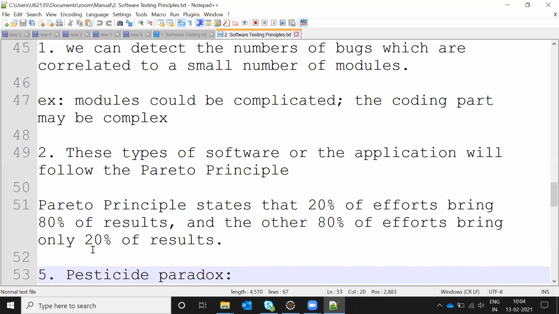In another way, 80% of the effects bring 20% of the result. If you test the whole application at one time, 80% of the effort will give only 20% of the result. But if you test a small module with 20% effort, it will give 80% of the pass result. That way we can apply the Pareto principle in testing.